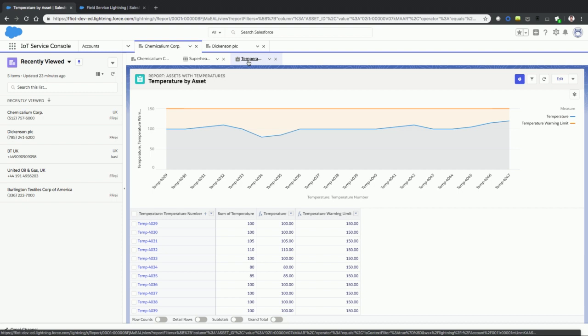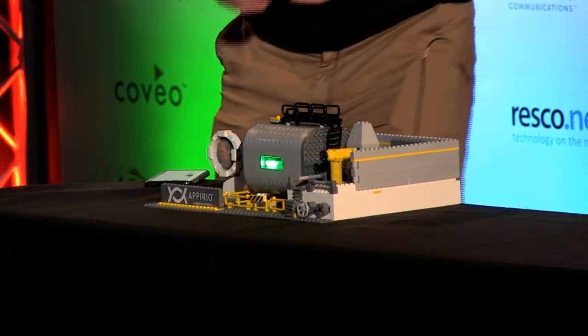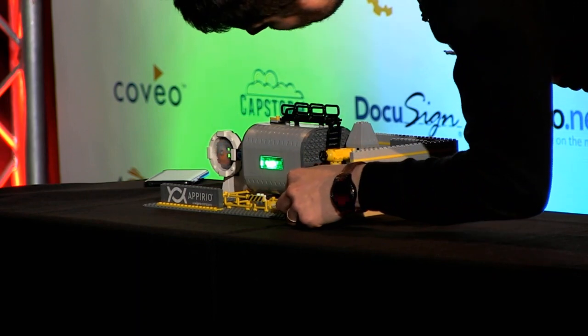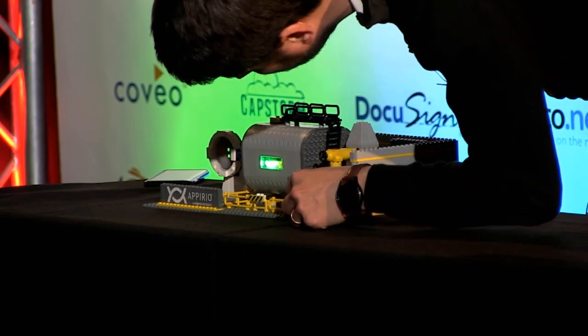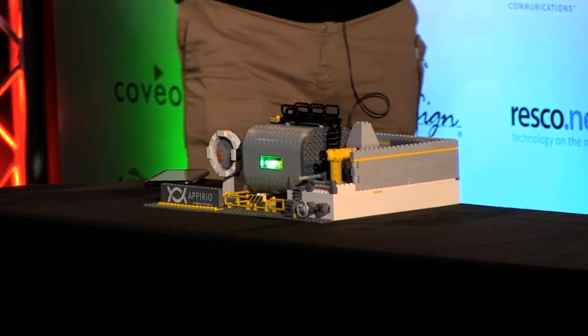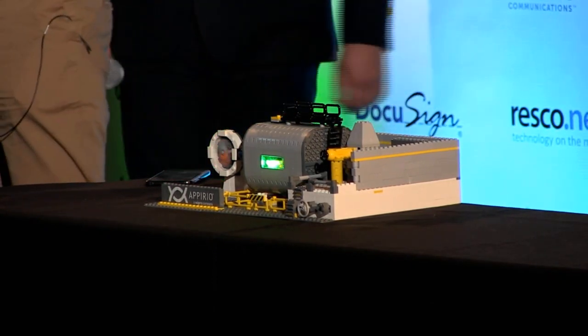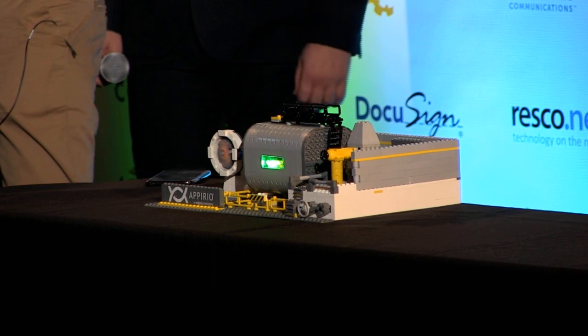Let's see if we can now show. I can do it this way. We are not setting this on fire to raise the temperature. What we are doing is just making sure that... Is that okay? Yeah. You need to step out of the way. So what we did was, let me check. We increased the temperature. In this case, for some reason there's a malfunction, and the temperature of the boiler was raised. As you can see,